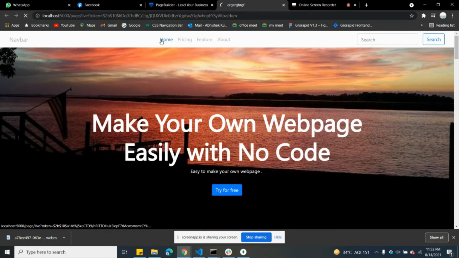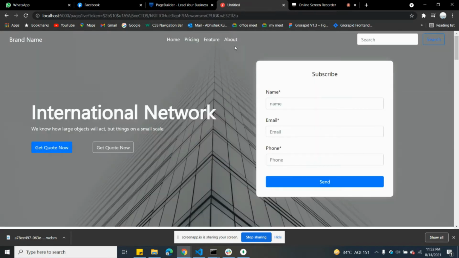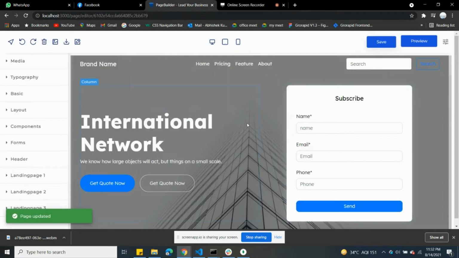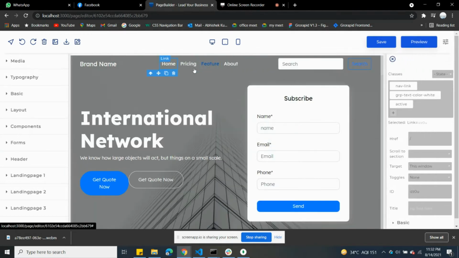If you click on the home button, you can see you are coming over here. If you go on the about page, you can see it's coming over here. In this page, there's an app bar that I have already interconnected. You click on it now. On clicking this link, you can see I have put a hash over here. I'm putting a hash because it should not go anywhere,